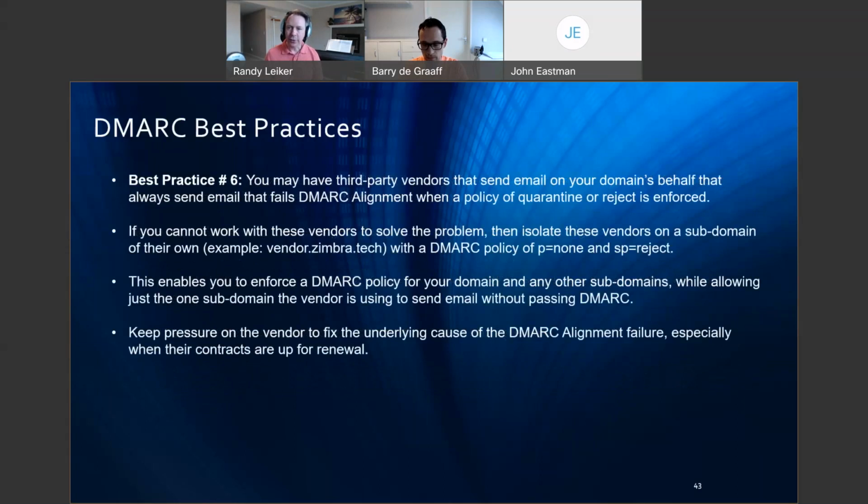So you may have some third-party vendors that send email on your behalf that always fail DMARC alignment when a policy of quarantine or reject is being enforced. Now, your best shot is to try to work with these vendors to solve this problem. But there are going to be cases where this is just simply impractical. It may be a situation where the vendor does not support these standards and has no intention to do so in the future. And if that is basically the case, then your only other choice is to isolate the vendor